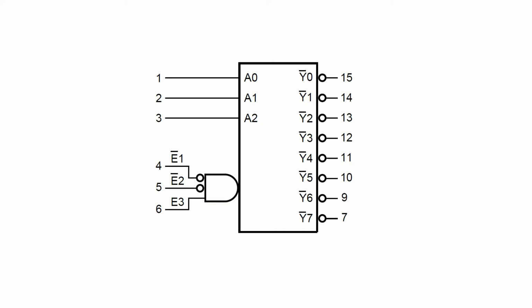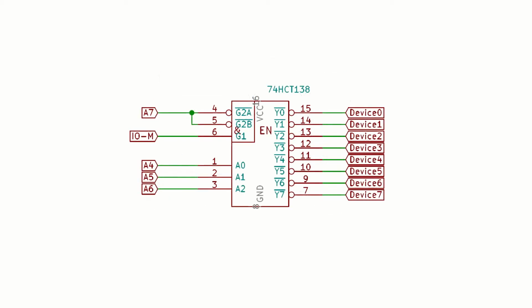To generate 8 chip-enable signals from these 3 bits of the address lines, we will use the 74HCT138 decoder. It does exactly what we need. It has 3 inputs, and each combination of them sets one and only one of the 8 outputs low. It also has 3 additional inputs to enable the signal at the outputs, which allows us to use them to detect the correct IOM state. We don't want to activate any of the devices when the processor talks to the memory, do we?